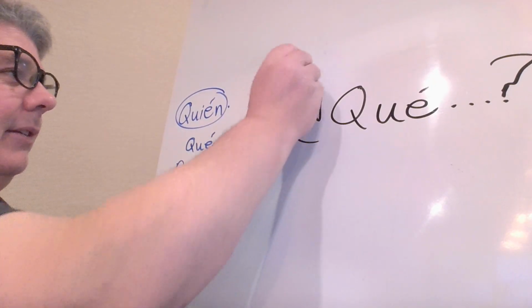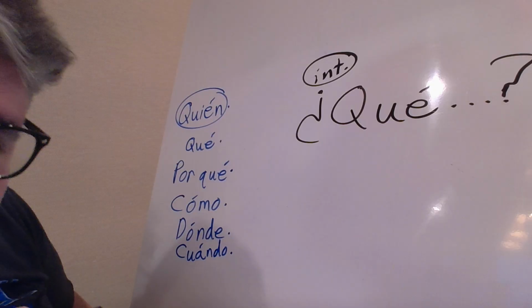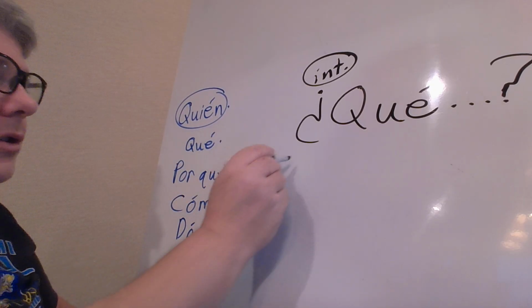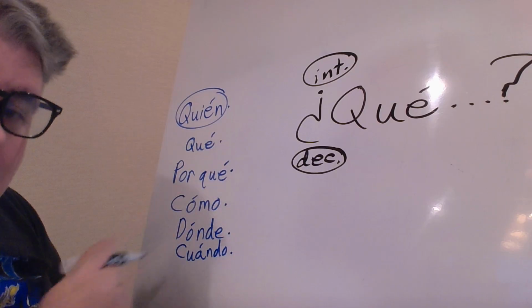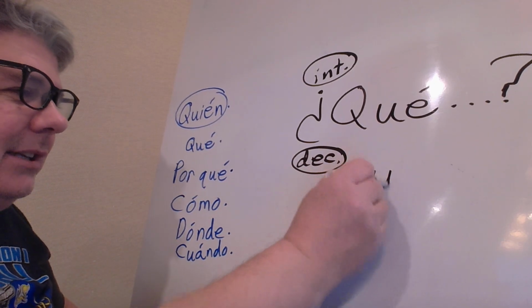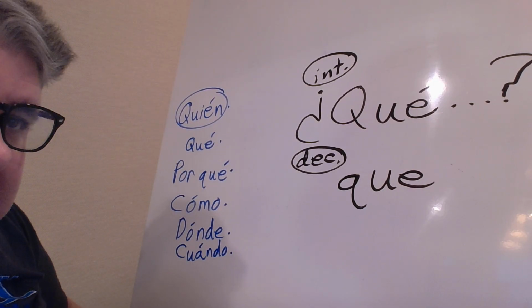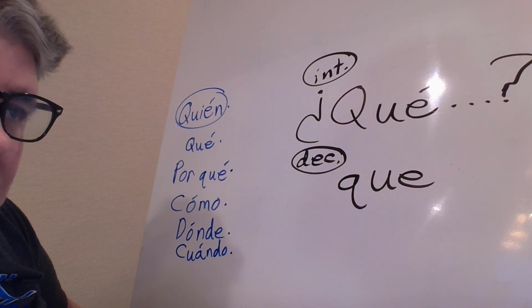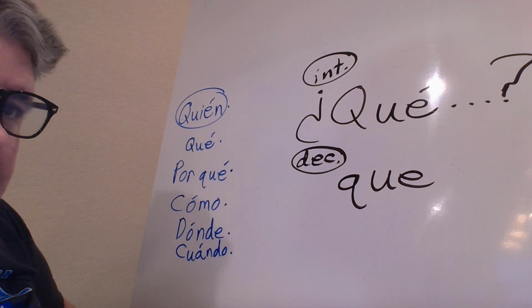So all kidding aside, que would be what? And that's an interrogative. Now, again, as we talked about this being a pattern, when you go into a declarative statement, instead of que meaning what, it would be que meaning that. Okay? Yo sé que 2 más 2 son 4. Like, I know that 2 plus 2 equals 4.